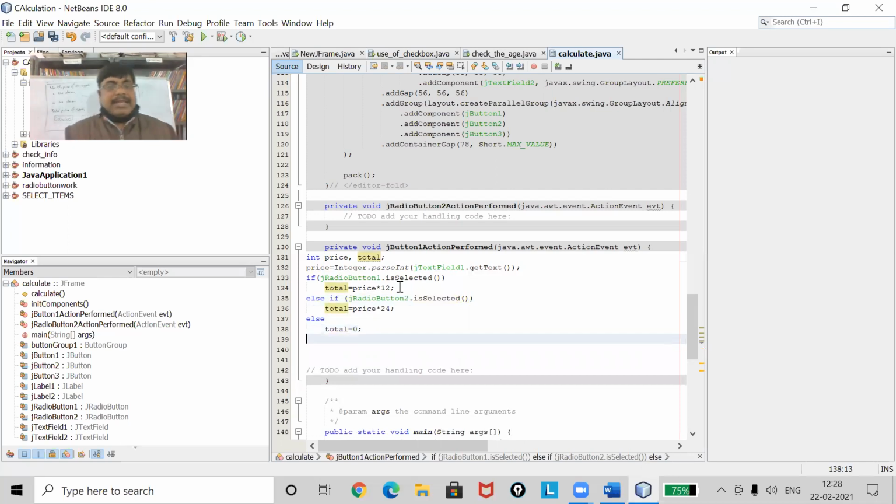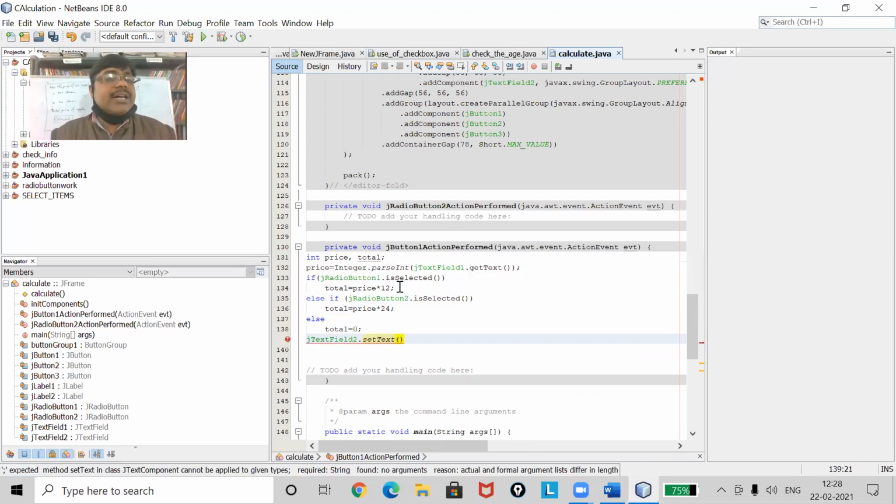Clear? Now, where should it be displayed? In the jTextField2. So I will use that control, jTextField2.setText, because in this I am going to get the total price of that number of apples.